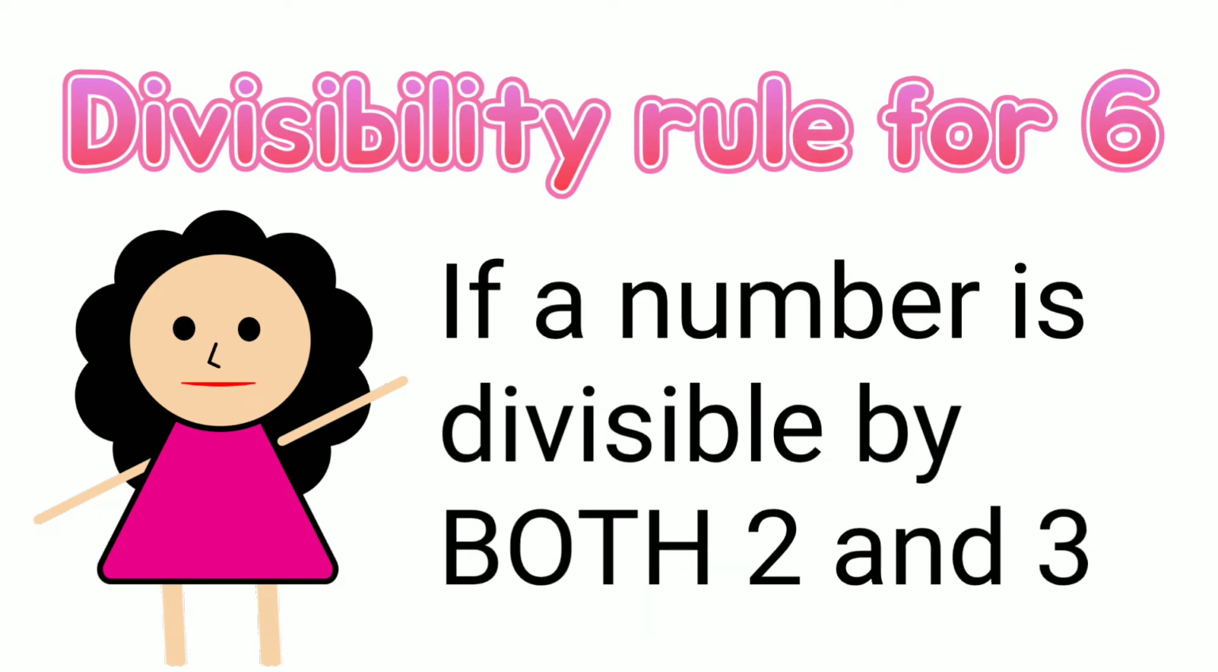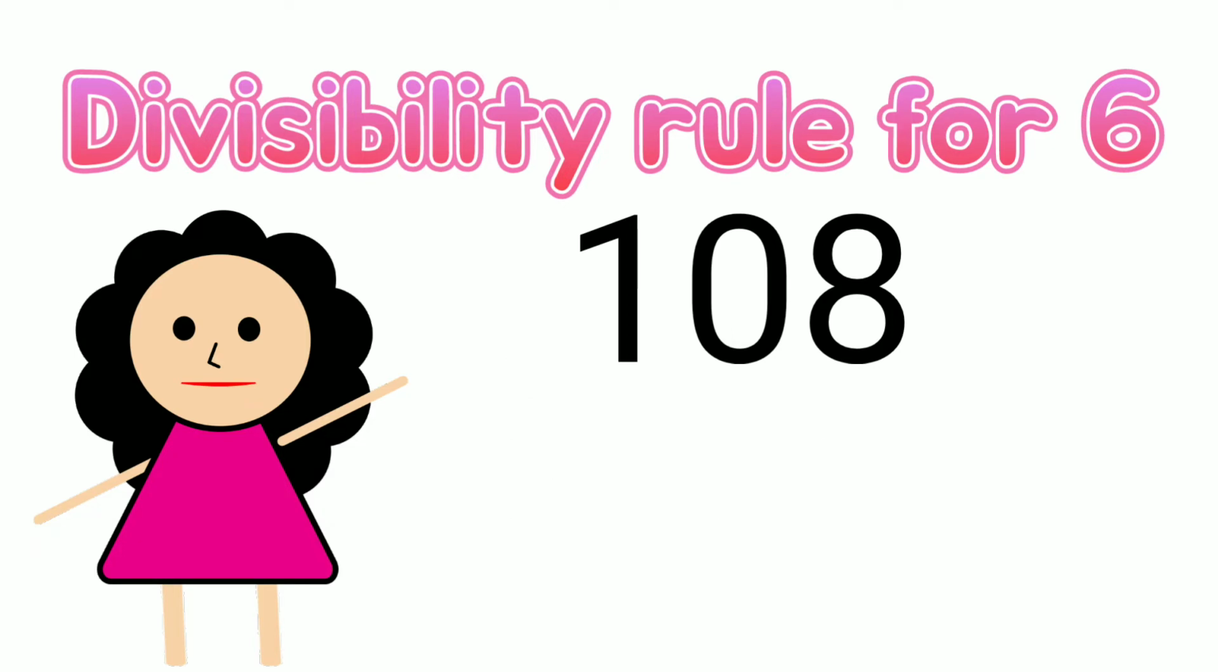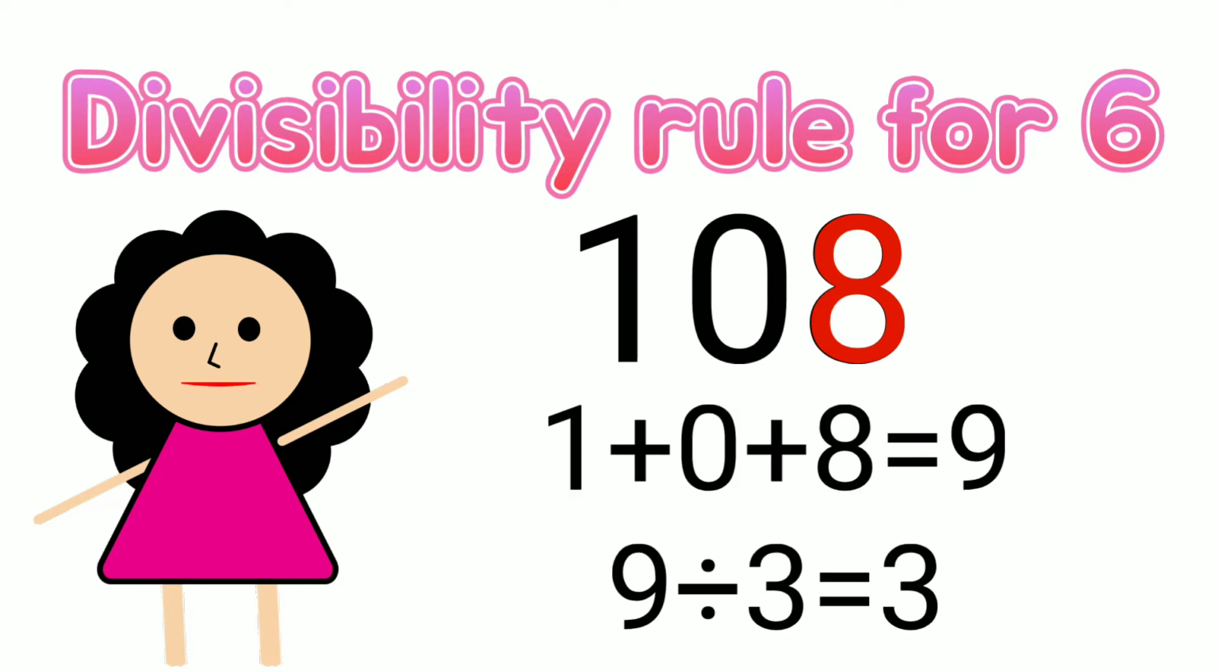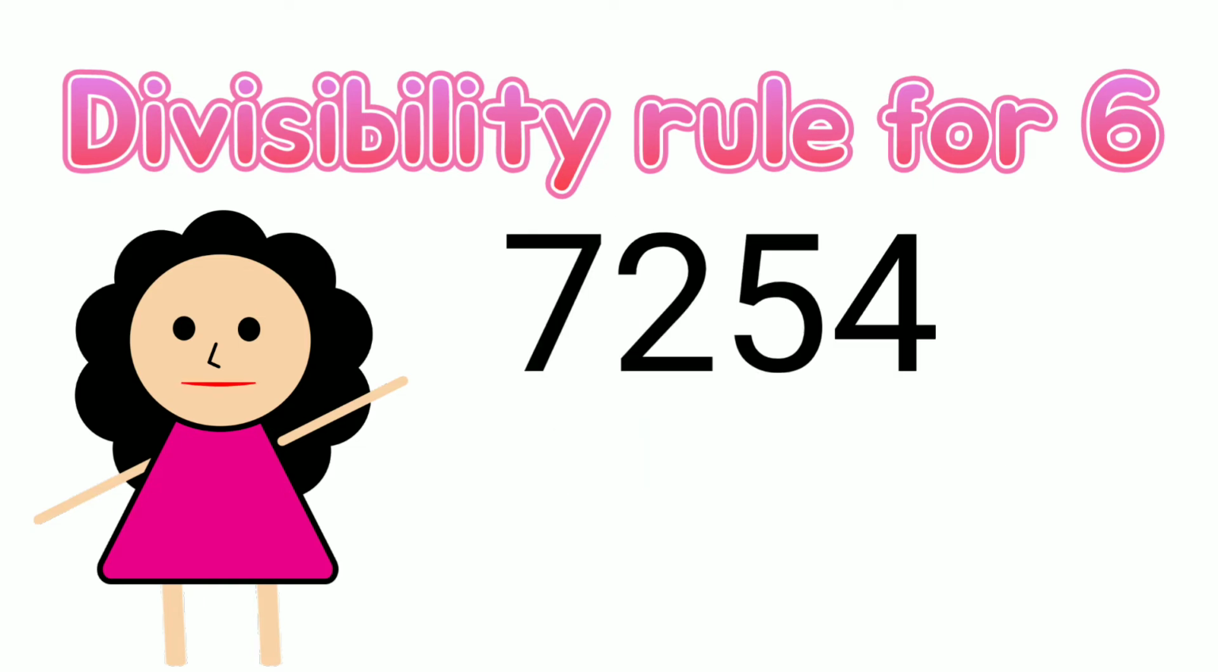Divisibility rule for 6. A number is divisible by 6 if it is divisible by both 2 and 3. For example, 108. The last digit is an even number, so it is divisible by 2. And if you add all the digits and divide the sum by 3, 108 is divisible by 3. Since 108 is divisible by both 2 and 3, then 108 is also divisible by 6. Another example,